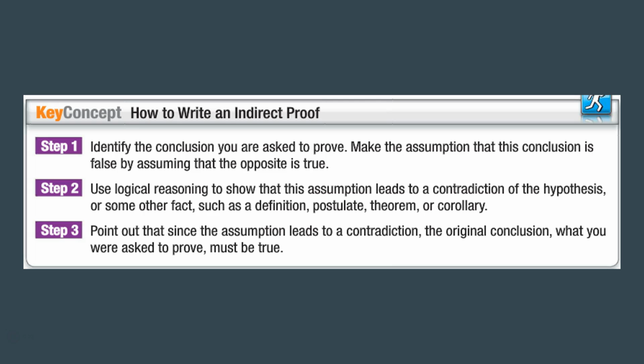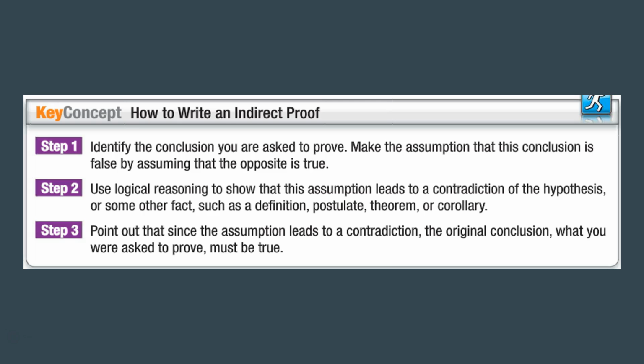Step 1 is to identify the conclusion you're being asked to prove. Then make an assumption that the conclusion is false by assuming the opposite is true. So they say something is congruent, then you say something is not congruent. It's the opposite. Then step 2 is to use logical reasoning to show that this assumption leads to the contradiction